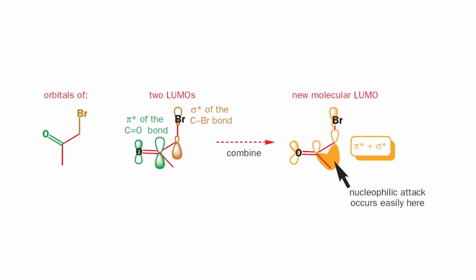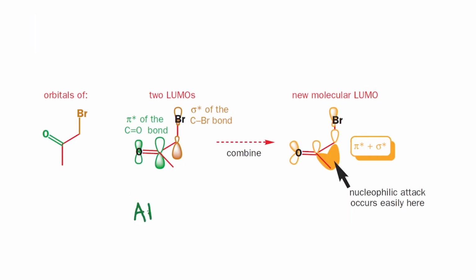And here, keep in mind, we're looking at the antibonding orbital, which would be the sigma star. And so the sigma star orbital of the C-Br bond is going to look like this. Whereas the sigma star of the C-Br bond on the other side is going to look like this. But if we propose that there is a combination of these antibonding orbitals,